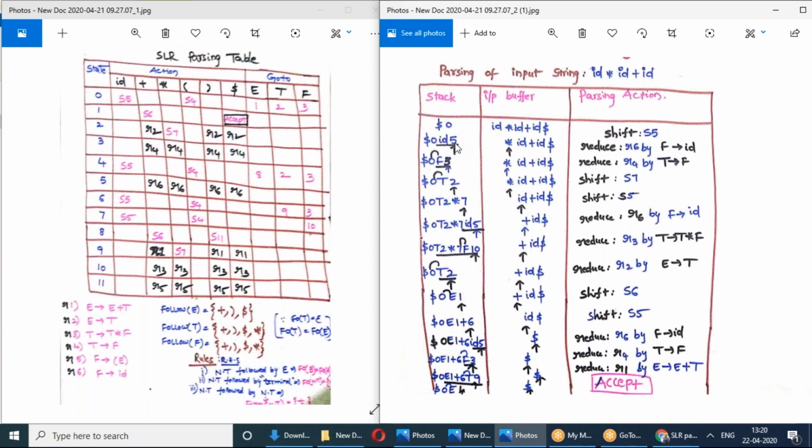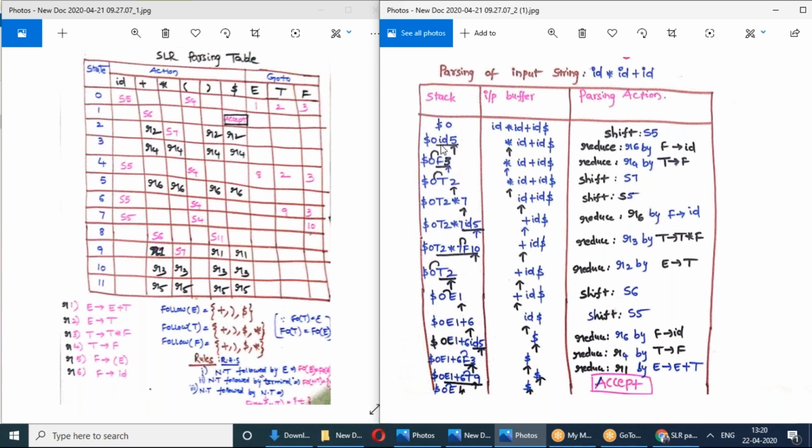Now you have to check 5 on star. See here, 5 on star, what is it? R6. That means reduce by the sixth production in our given grammar, which is F tends to id.